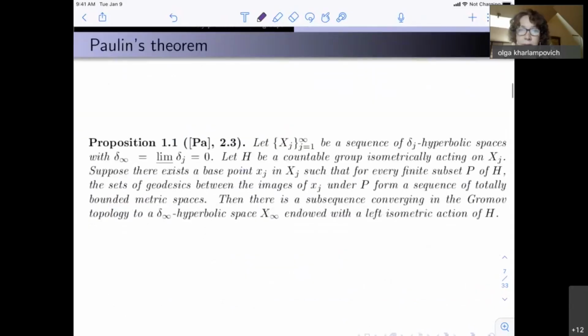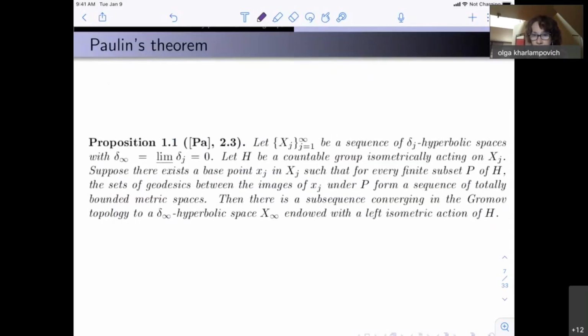And there is a Poulin theorem which says that if you have a sequence of delta_i hyperbolic spaces and the lower limit of these deltas is 0, and if you have a countable group H which isometrically acts on the X_i's, and suppose that there is a base point in each X_i,